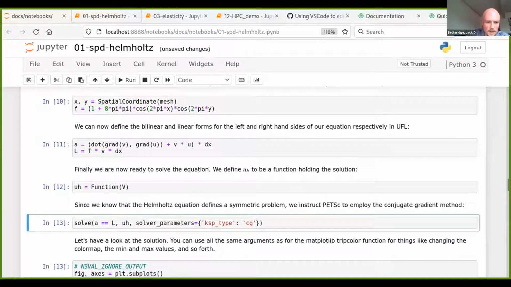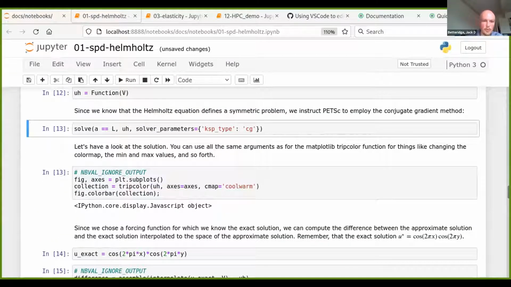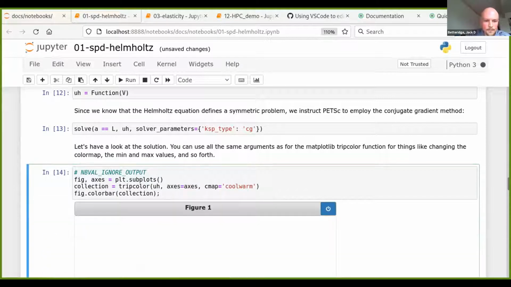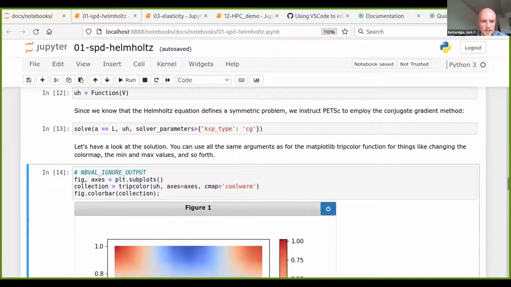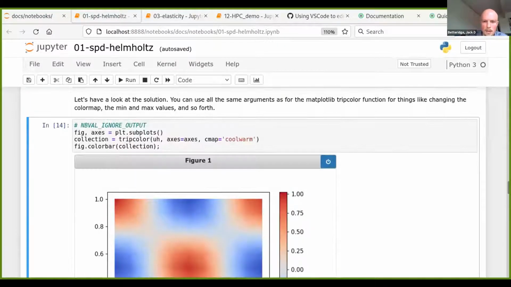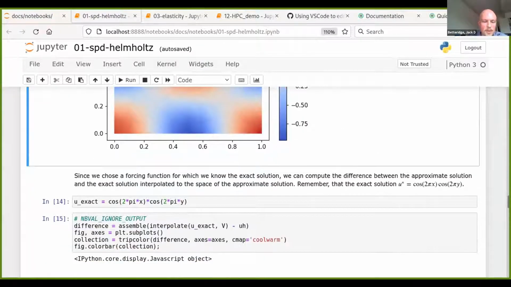And if we execute that cell, it goes away for a second and solves the problem. To prove that we've actually solved that, we can use the inbuilt tripcolor plotting function, which again mimics the matplotlib functionality, and we can visualize our solution. So you can see here in the notebook, we have this pattern, which is the solution to the PDE defined above. What's more, since we have an exact solution, an analytic solution because we chose our f accordingly,